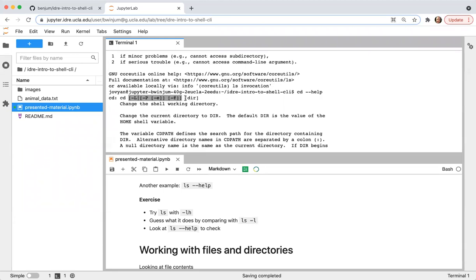These are the options, and then you can optionally list the directory that you want to change into. So the basic idea is that you change the shell working directory. And it tells you also here the default directory that you change into is the value of the home shell variable. This is what I mentioned when I said, if you just type cd by itself and execute it, it changes into your home directory.